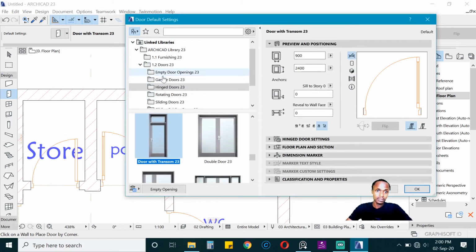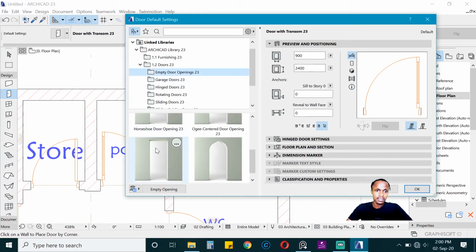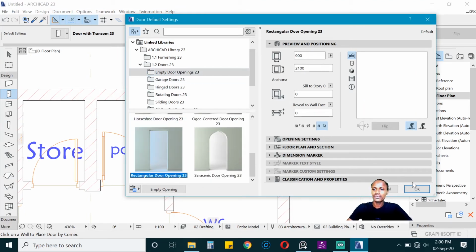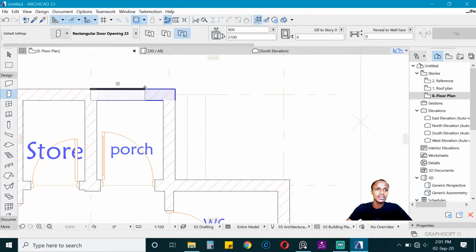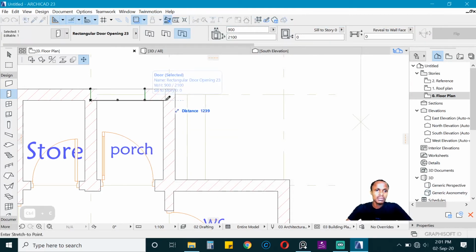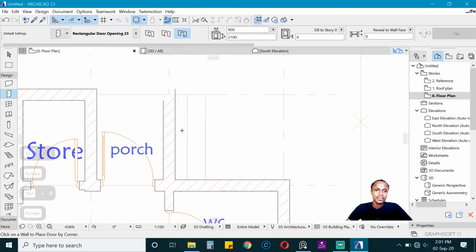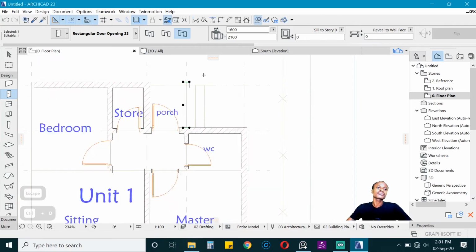So you will go here and say settings, and then we select rectangular door openings, and we can open it like so. We position it fast,